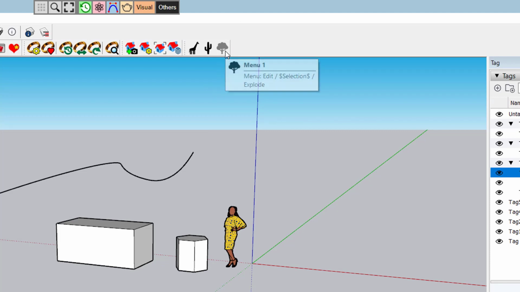So here is explode. It is only enabled when you have a selection. If you now click on it, you explode the object. We'll see that either in this video or in next videos.